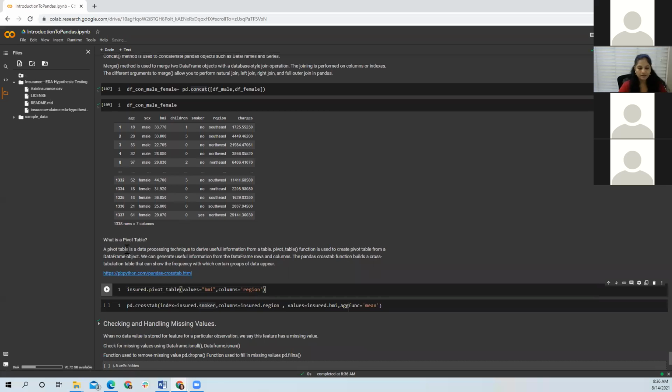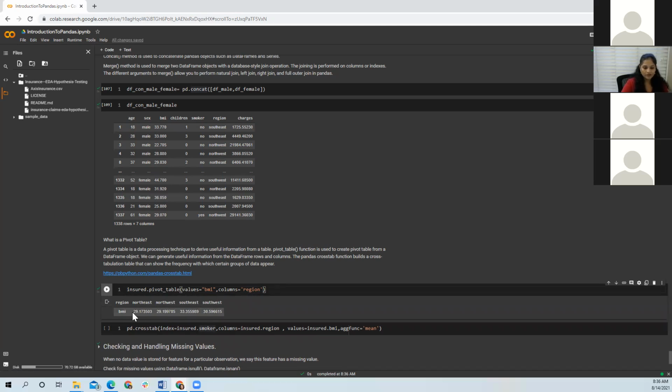Then this is something like an extra feature which we can use to show data in the form of tables. A pivot table, if you have seen it in Excel, is the same idea. It gives you useful information in the form of a table. If I want to create a pivot table for regions and show BMI for all the regions, this is how I use it.